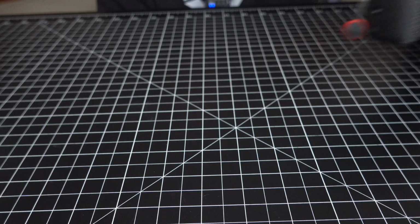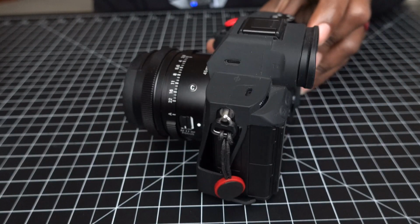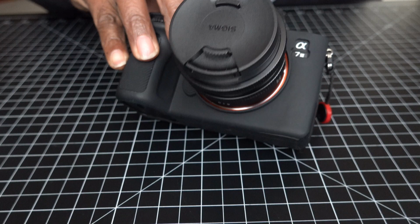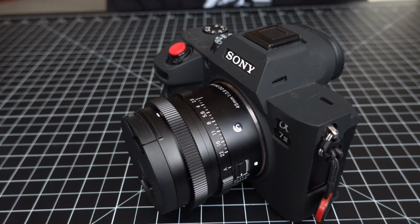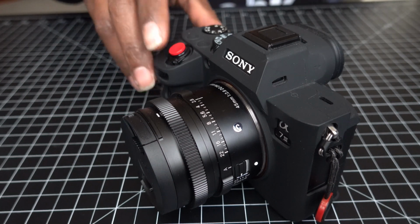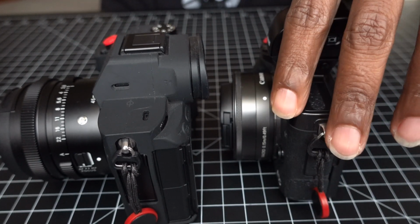So what I ended up doing is I started bringing along this camera. This is the A7 III with a Sigma, I believe this is a 45 millimeter 2.8 lens. And I mean, great camera. It is weather resistant, the lens and the camera body, but you'll notice it is a lot larger than either one of these cameras. And when I say these, I mean also the camera I'm filming on,